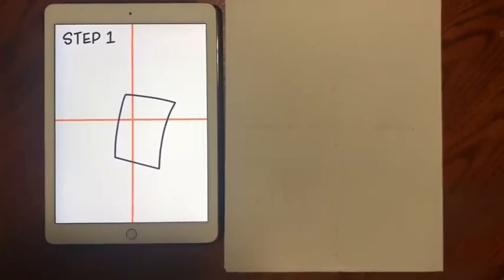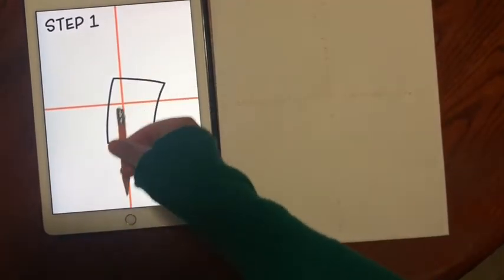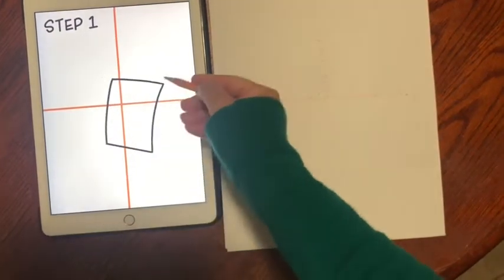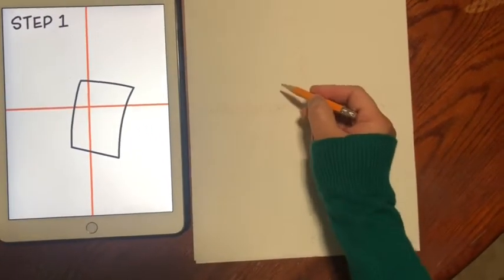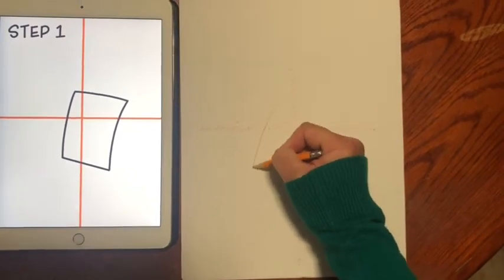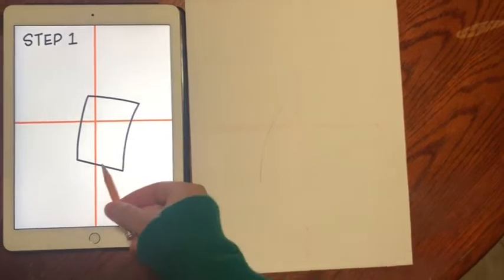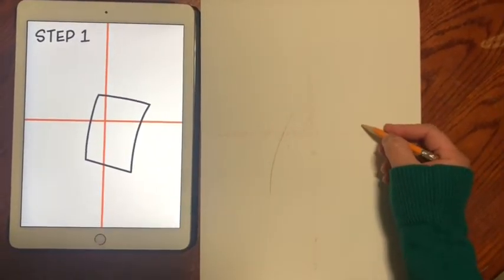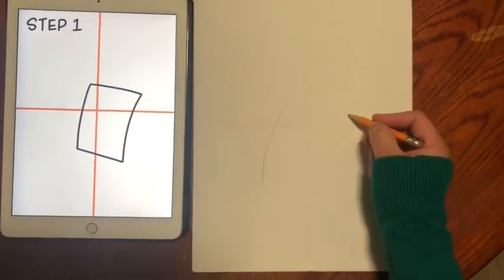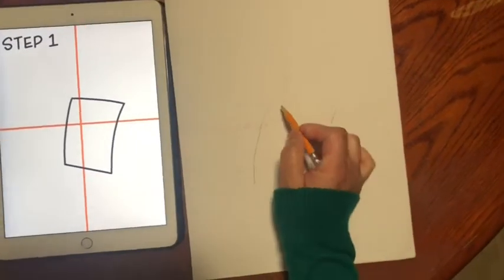Step 1 is drawing our initial shape, which is a rectangle that is slightly diagonal and drawn with the first two lines being curved lines. So I'm going to first draw my first curved line using my guidelines to make sure that the placement of my initial shape is on the correct spot, as well as the sizing is the same as this. I'm gonna draw my second line here